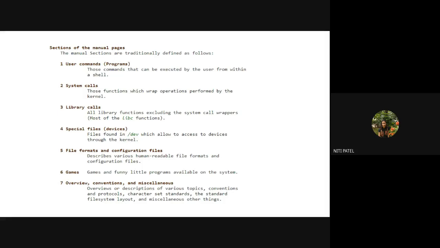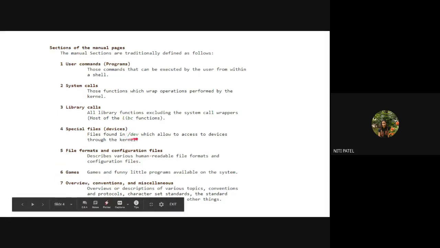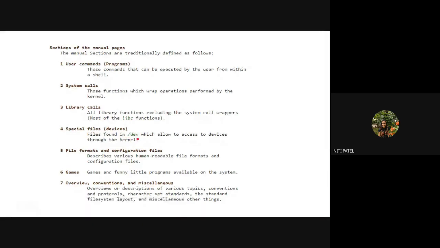Now the same information is also found inside the dev directory. So if you do not know that you have to go inside the dev directory and then extract the information, you can always use a man command to know the information about those externally connected devices.